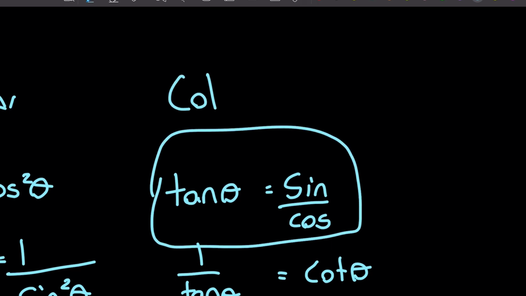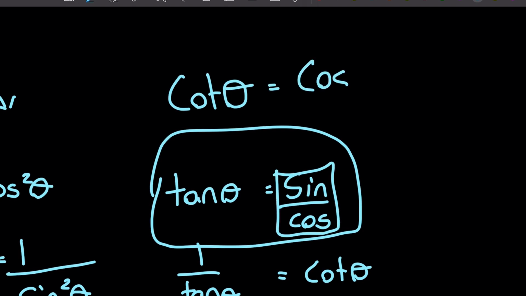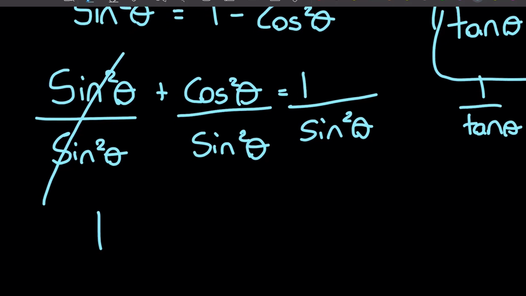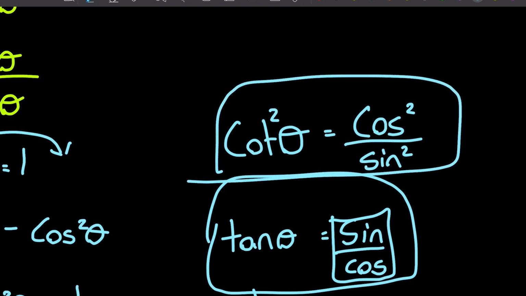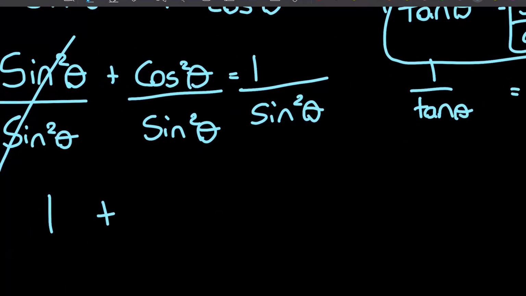Well, cot theta is equal to, we just flip the sine over cos, so it's equal to cos over sine, right? And that's all you have to think about. So in this case, cos squared theta over sine squared theta, well, if we just squared all of this, it would just be equal to cot squared theta. So this is going to be 1 plus cot squared theta